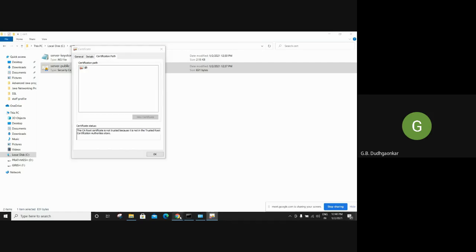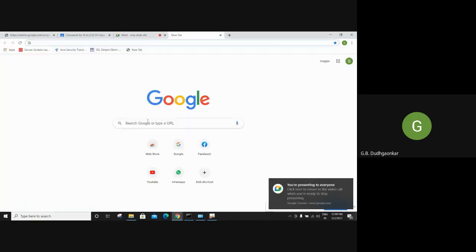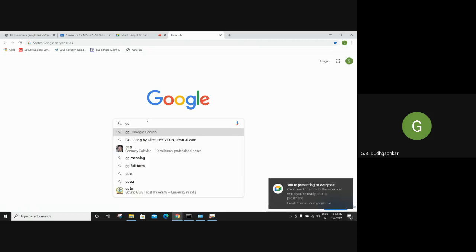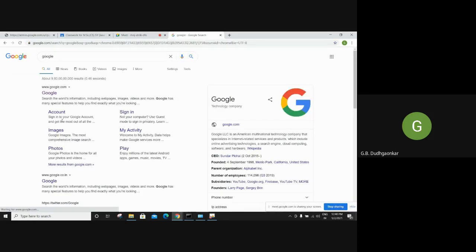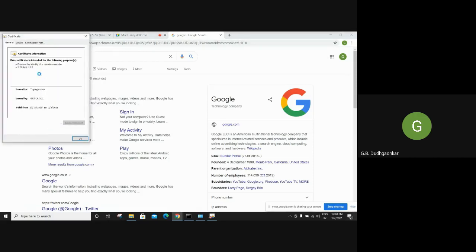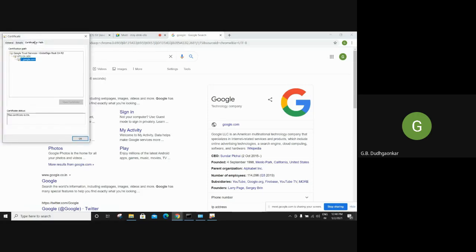So if I open any website now, see the website. See what I am showing, be careful. See the padlock, click on the certificate and see the hierarchy.